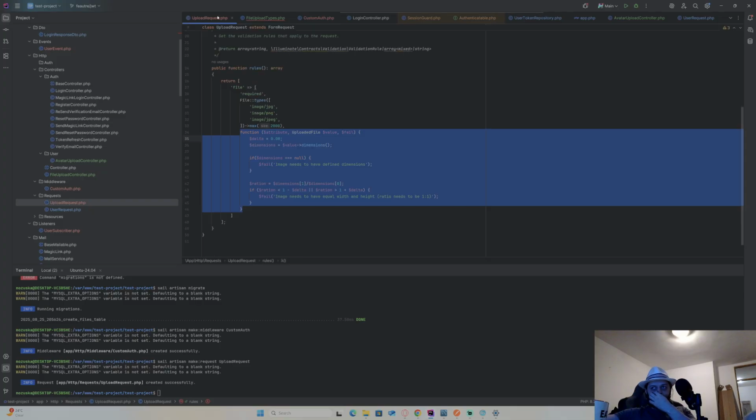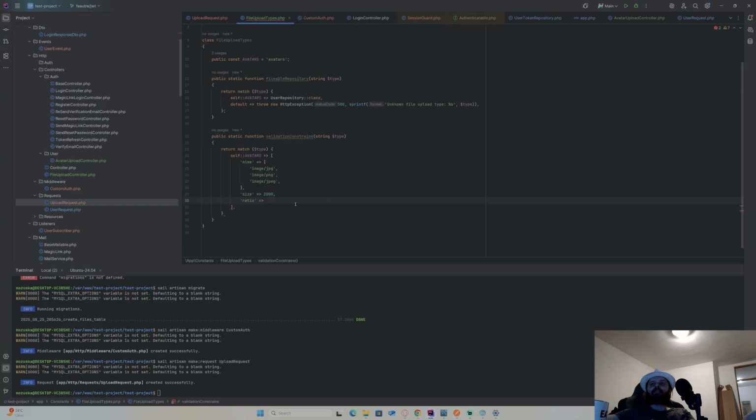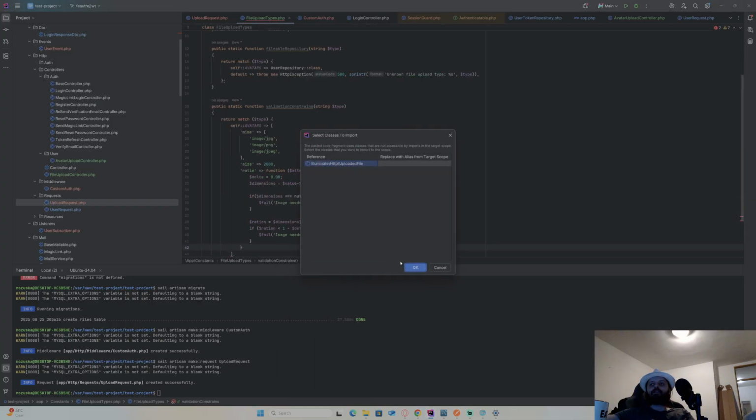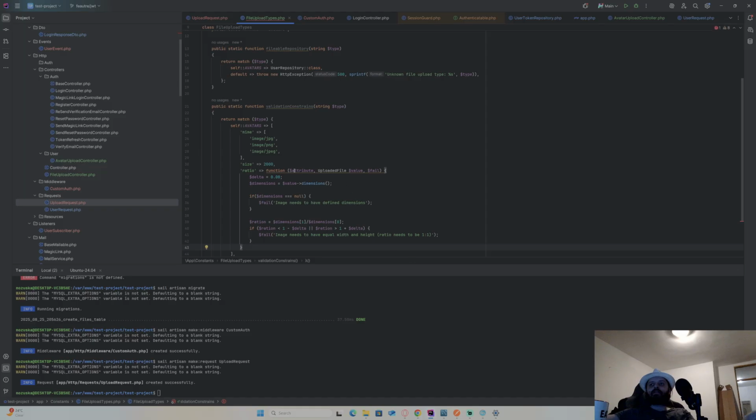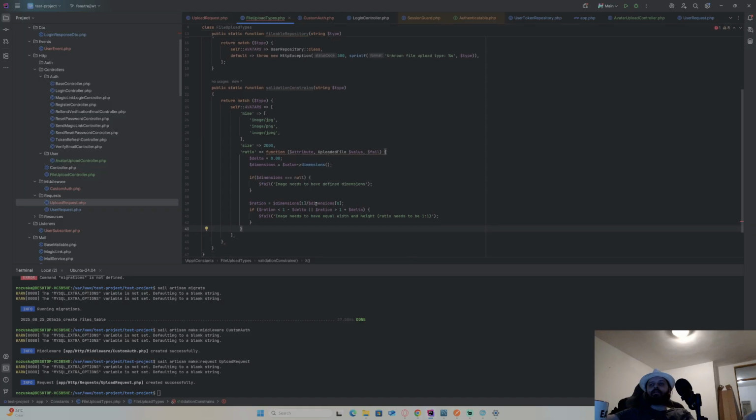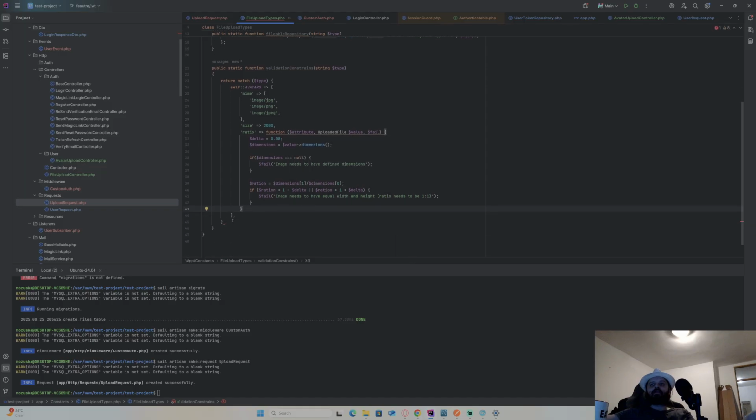Let me just check. Yeah, because not all files are gonna have a ratio check, so I need to put it like this. So ratio will return callback. This is basically it.